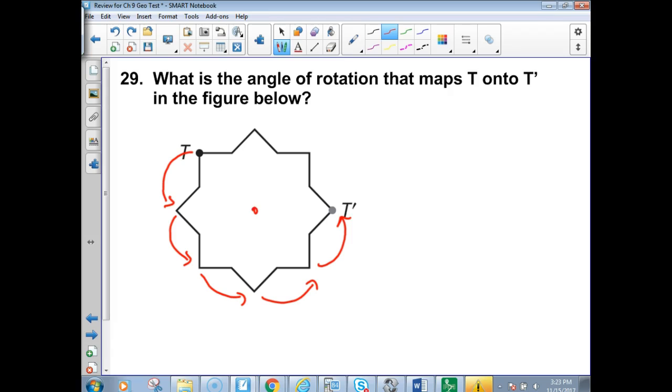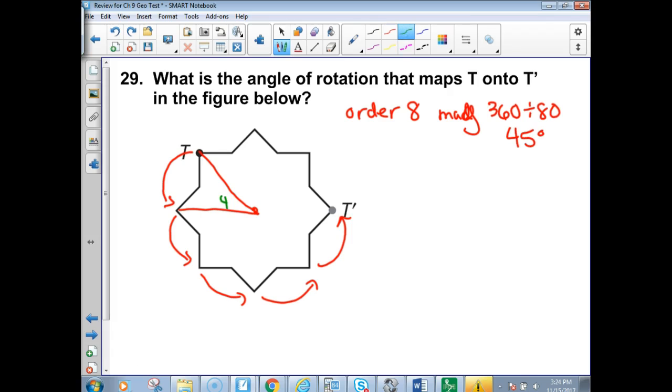Now, first thing we got to figure out though is what's the angle measurement for one of those turns. Okay, so we figure out the order. What's the order of this thing? 1, 2, 3, 4, 5, 6, 7, 8. Isn't it 8 all the way? Yeah, 8 turns around the whole thing, right? Order 8. So the magnitude of one turn is 360 divided by 8, which is 45 degrees. Okay, so that means that every angle of rotation is 45. How many 45s are we